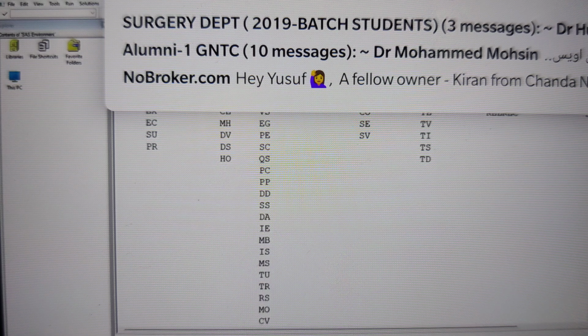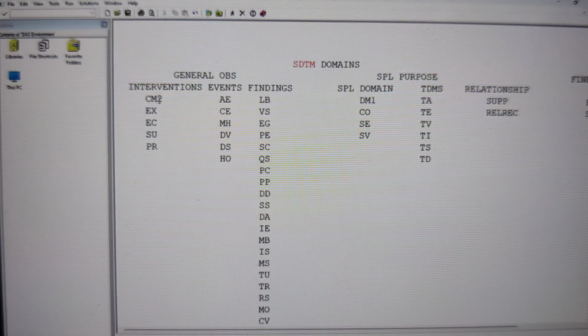And in the interventions we are going to put the CM domain, concomitant medication, and we are going to put exposure, the third important domain, and then exposure as collected. Then in the events we are going to put AE as the 5th domain, clinical events 6th domain, medical history 7th domain, and disposition 8th domain. Then in findings, we are going to put LB as the 9th domain, vital signs as the 10th domain, ECG as the 11th domain. Then subject elements 12th domain, subject visits as the 13th domain, pharmacokinetic concentrations as the 14th domain, and pharmacokinetic parameters as the 15th domain.